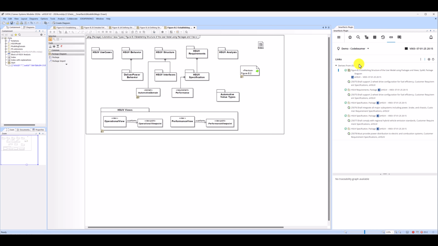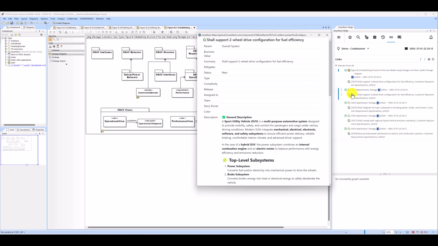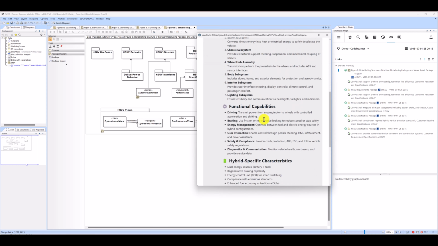And these are the 5 links we have just established. Number 1, number 2, 3, 4, and 5. And each one of them links to a textual requirement. And I can go in here and say, I want to see the delegated UI of that Codebeamer requirement right here in Cameo. And I open the delegated UI, and here you see all the attributes, and here a rich description with some icons and with rich text,